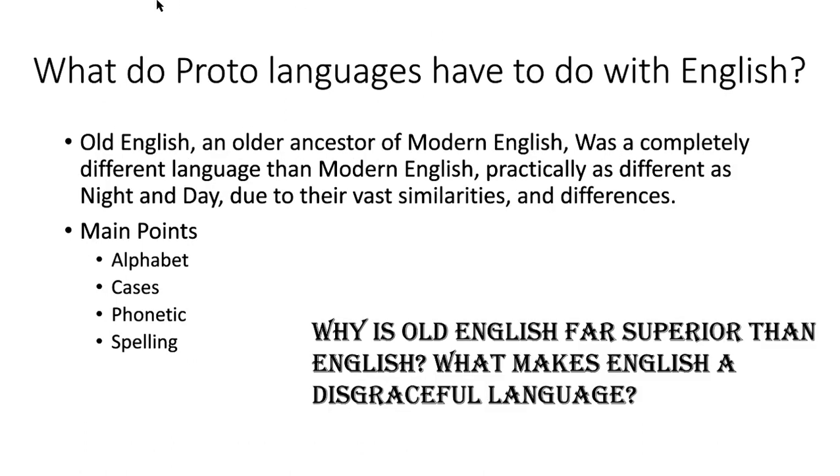Now, what do proto-languages have to do with English, you might ask? Because I'm not exactly explaining why English is such a hard language to learn and why it's practically useless, just because it has a proto-language. Every language has a proto-language. So,